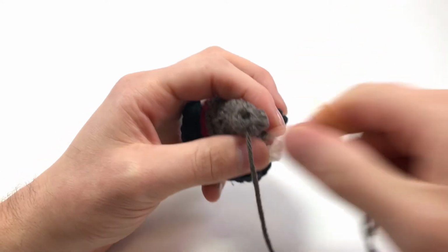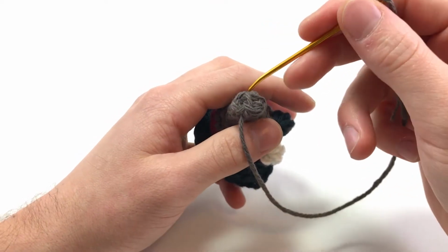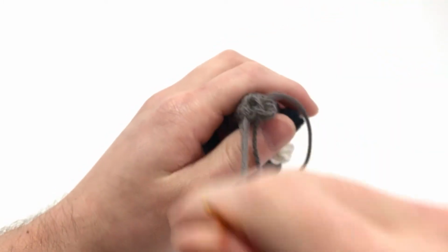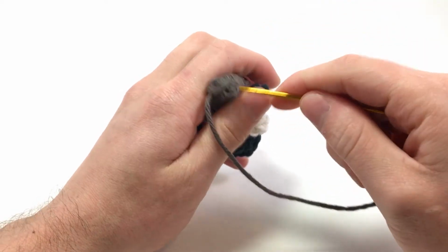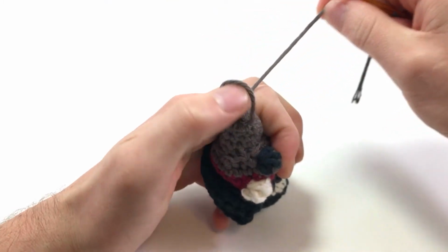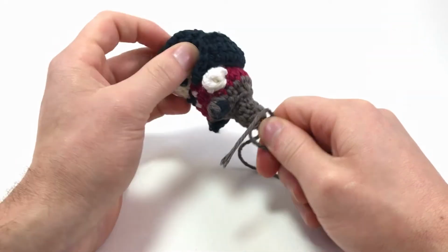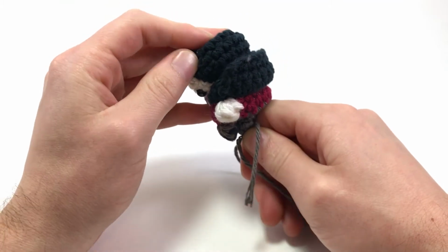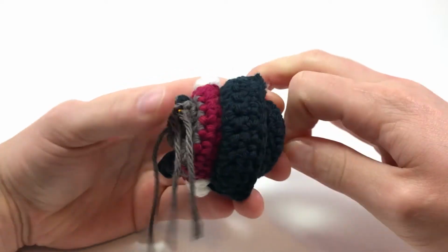And I made a video on this that is way more in depth and way slower, so I'll probably put a link somewhere on here. Now I want to go in through the top of 4 and out through 1. Pull it a little tight now. And then I want to go in through the top of 5, out through 2. See how I'm just kind of making an asterisk. And then finally go through our last stitch right there, 6. And you want to go all the way up to the top, or really anywhere that's straight ahead of it. Because my characters are so tiny, I can get up through the top, but you could do this on a bigger thing, as long as you're going straight up